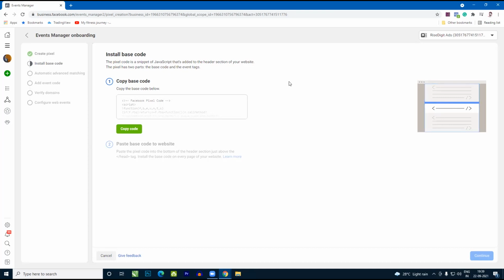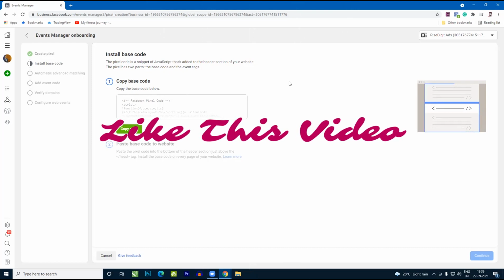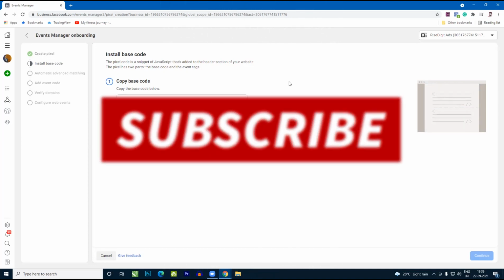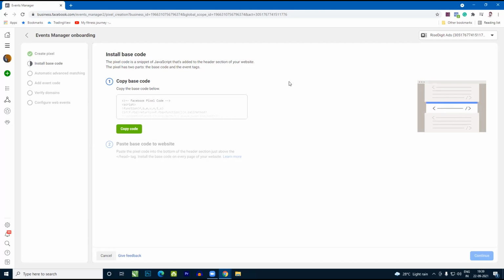If you don't know, let me quickly tell you that after the iOS 14 and 14.5 update, Apple decided that any user can opt out of tracking. It means they have an option to choose whether they want to be tracked for marketing things or not. If they select that they don't want to be tracked, then you will not be able to track them. And if you cannot track an iPhone user, then there will definitely be a very hard time for you to understand how to target them, and whether they really took any kind of action on your ads or not.